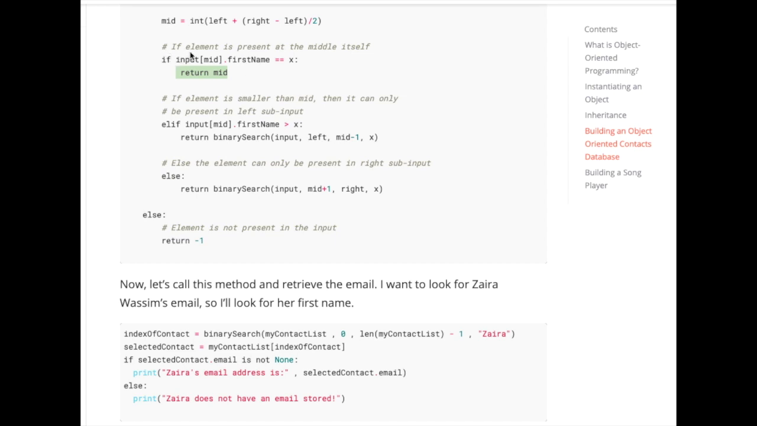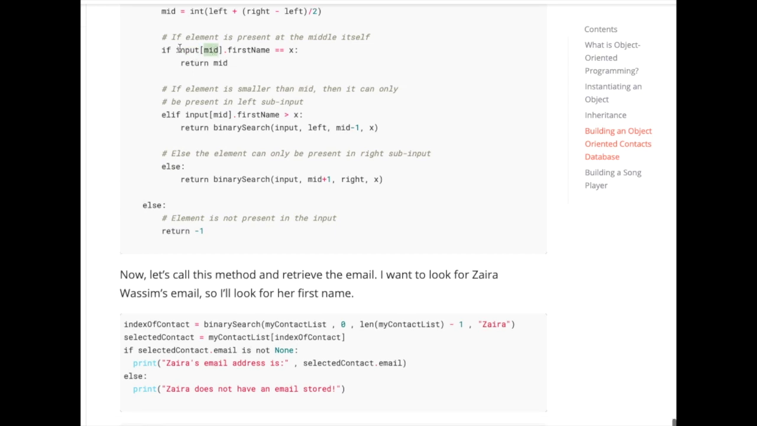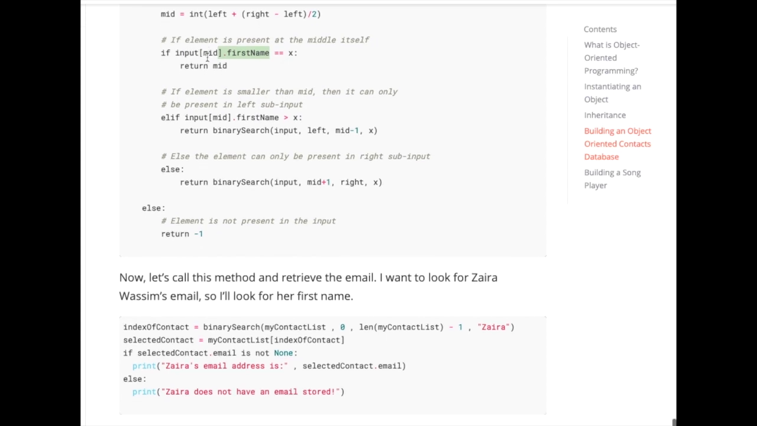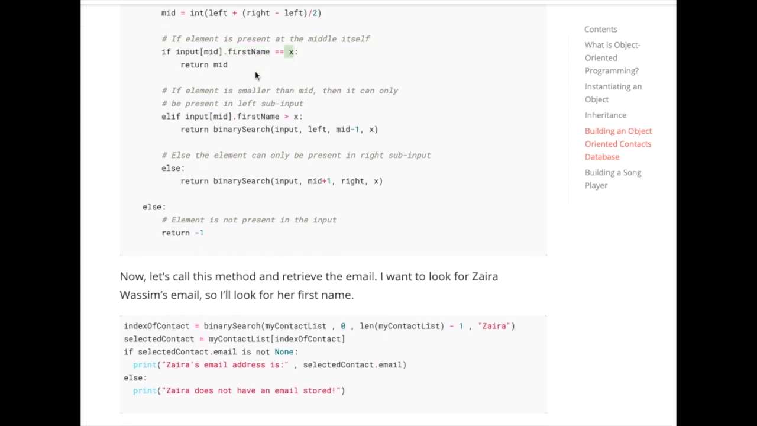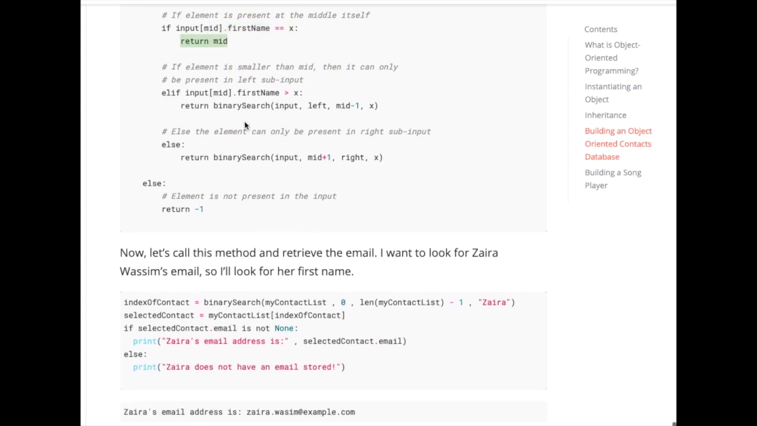We find the result of our query, right? So if the middle index of the input, if the first name of that object, because again, we're working with a list of objects, is equal to our query, return. If not, then we check and see if our